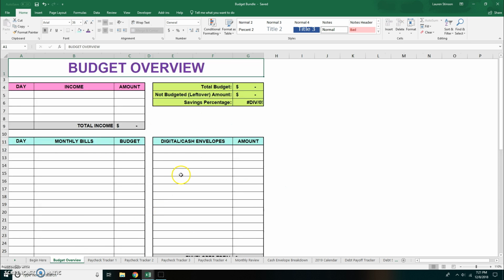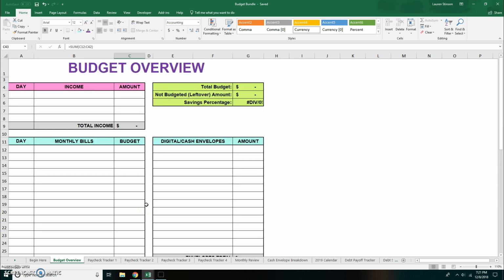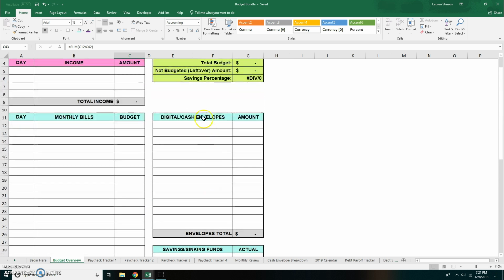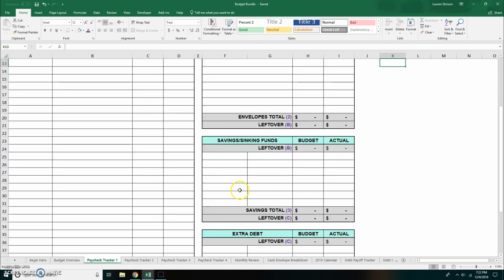On the budget overview, I did fix what we talked about. One of the sums was not calculating correctly, so I have fixed that. I've added more lines into your digital and cash envelopes and your savings and sinking funds as well. I've also added 2 columns into your savings and sinking funds on this, as well as on all of your